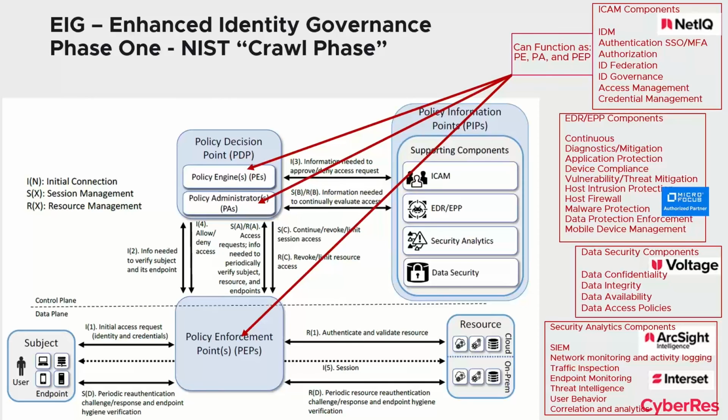Endpoint data protection and advanced endpoint protection. We have a lot of authorized partners that we work with for malware protection and antivirus and all the endpoint protection. I really won't go into all of those today. We can have a separate discussion on that in another episode. Our Voltage family of data protection has an extremely powerful set of capabilities for providing data confidentiality, integrity, availability, to give you the right kind of data access policies so that you can be very stringent on the kind of data that you hand out to any user at any time.